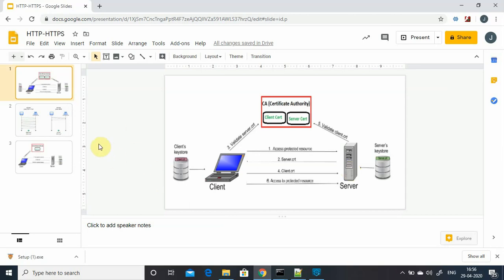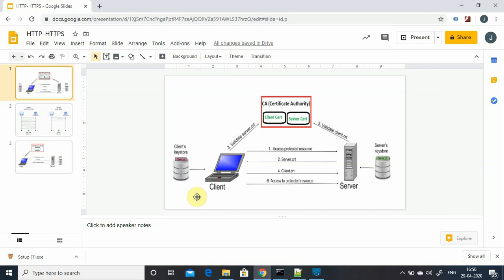The client will decrypt that key using the private certificate in the client key store. If they both are able to decrypt it, then secure communication between client and server will initiate. At the end, they both will send a finish message to each other, and the secure communication will be established between client and server.